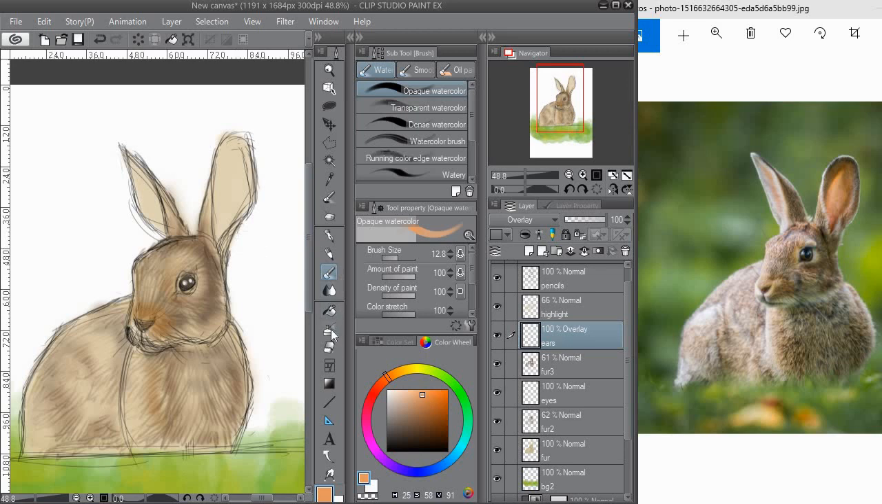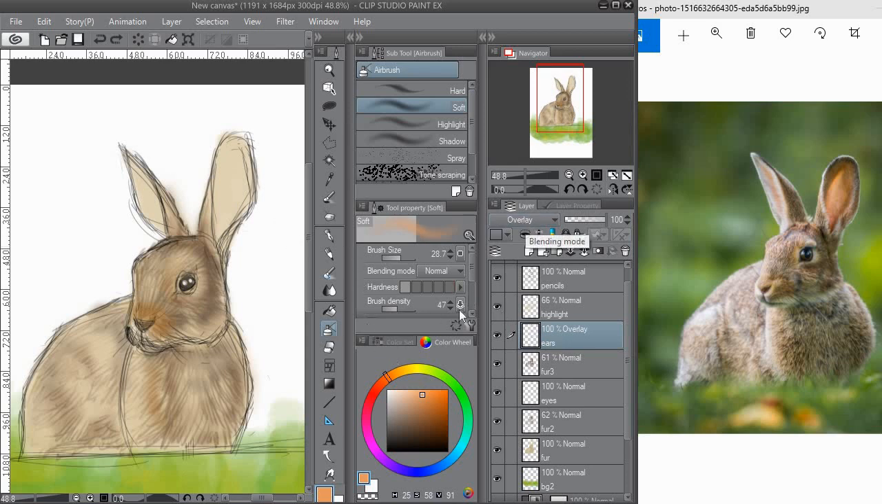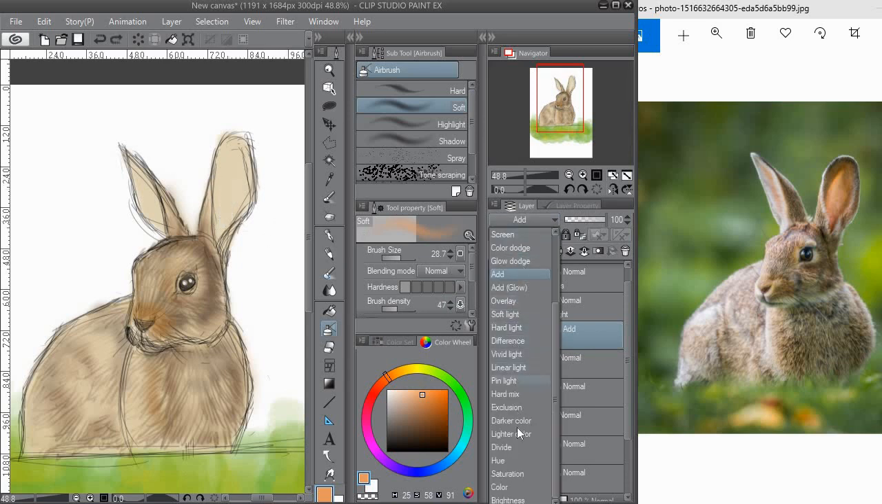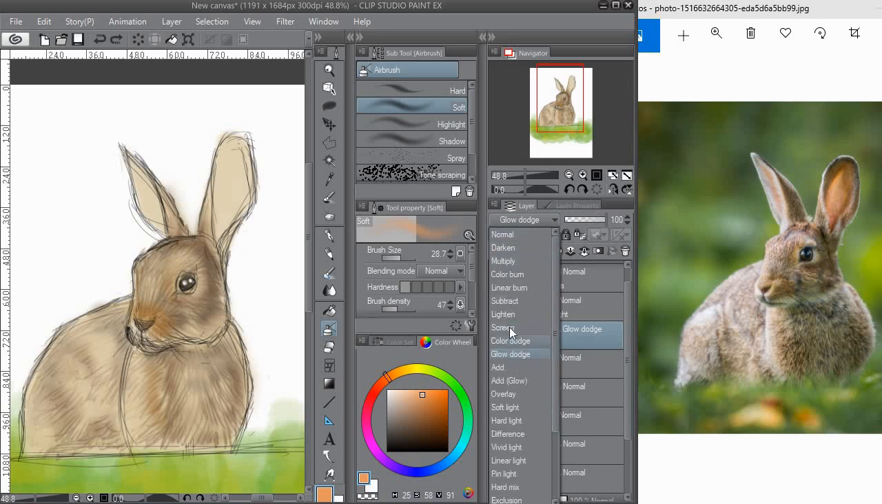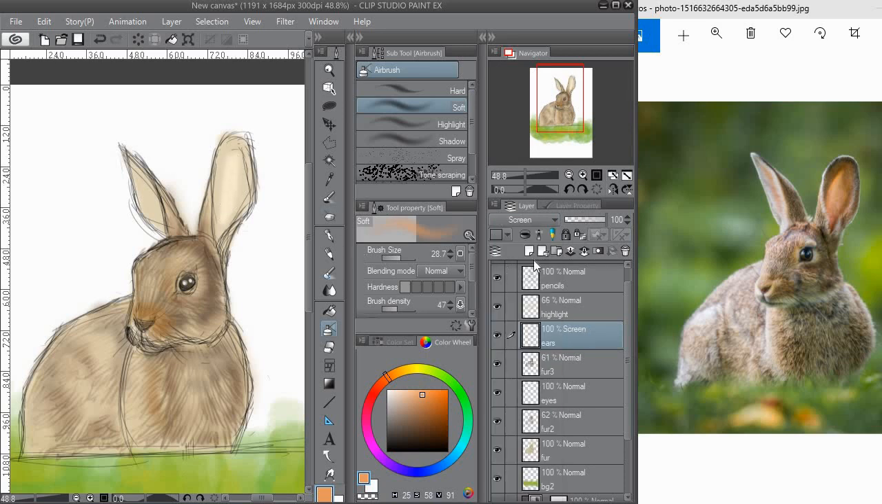So let's try with the airbrush. No, it's not working. So just try to add. No. Dodge. No, it's too much. I think I'll just put it to no screen. I just put it to normal for the moment. And then I'll come back in with another layer to